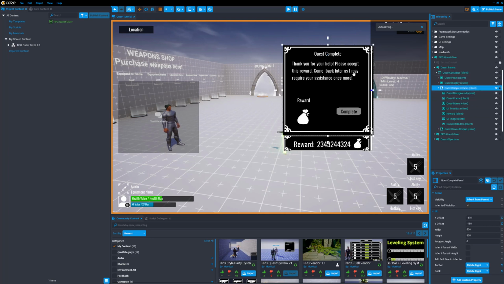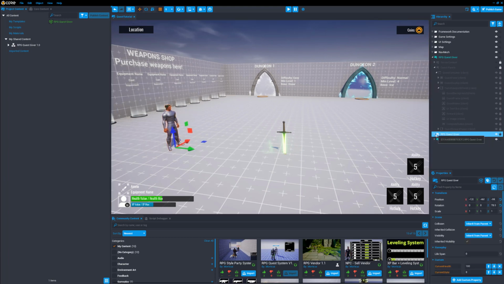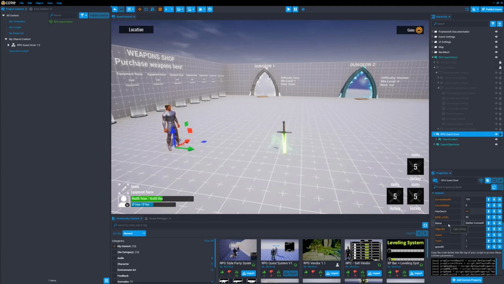If you want, you could just use the default panels. That's fine as well. So go ahead and hide that so it's out of the way. And then under the quest giver here, this is the actual NPC. This is Mather Cromwell in this case. So if we click on the folder, RPG Quest Giver, and we scroll down here, we'll see that there's a